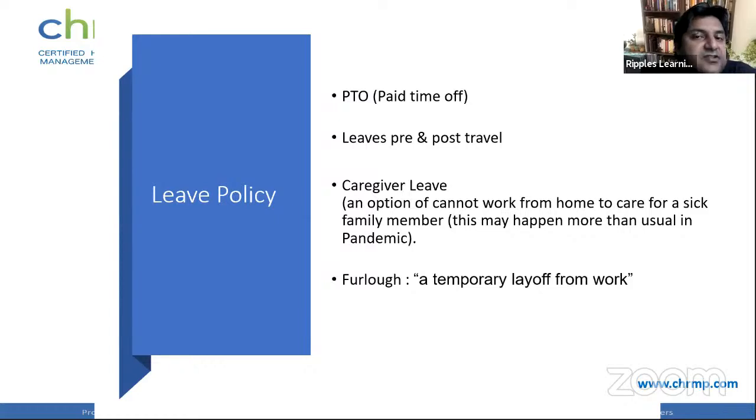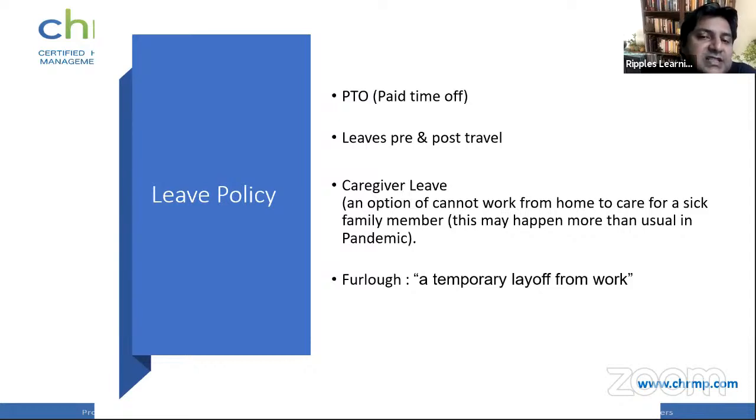And then we are talking about leaves pre and post travel. So for urgent reasons regarding work, if there is within country and outside country travel involved, and then there are specific guidelines around it, and then there is mandatory quarantine that people have to go through, and accessibility of things for working from home or working from hotel etc. is not possible, then you have to include that in the leave policy. You cannot then go about deducting leave for any other reason, right?